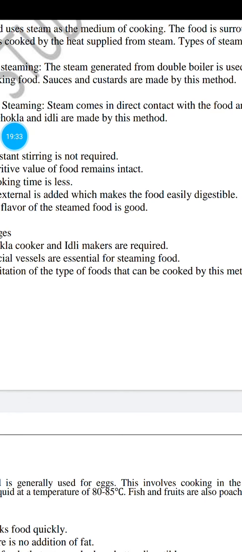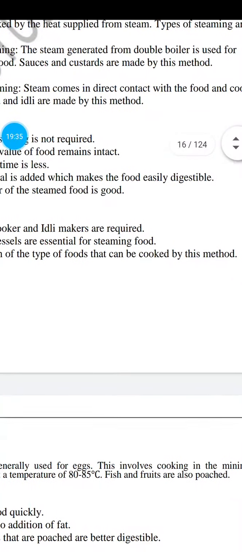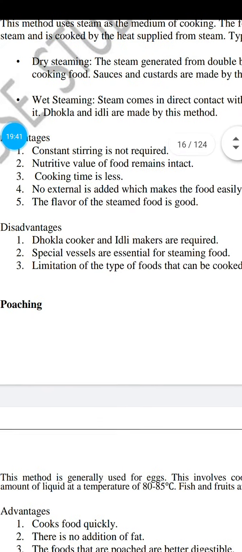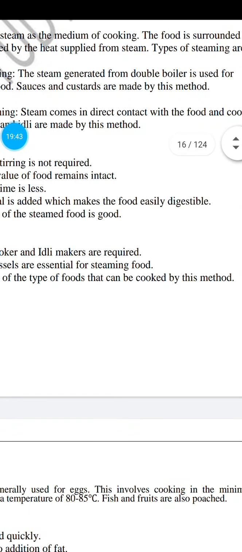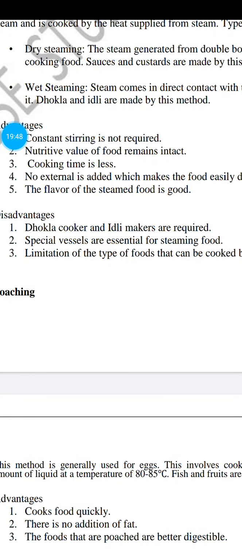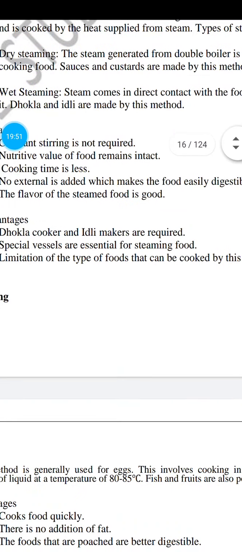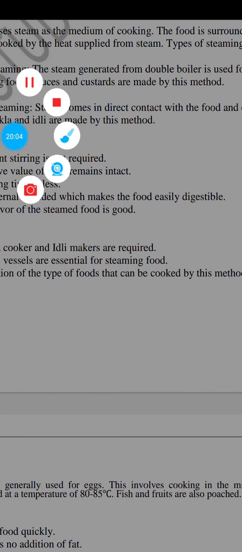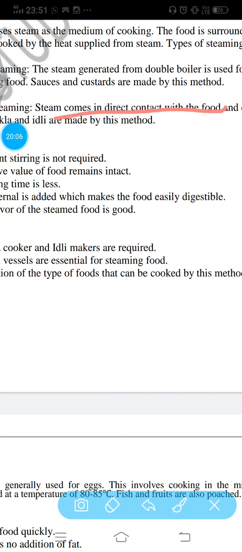So here in this case, two broilers are used, while in wet steaming, steam comes in direct contact with the food. Like here, to the true broiler, steam is just let to go to the food, whatsoever is just cooked through this method, then food is going to just get cooked. But in wet steaming, food is kept over the surface of liquid, over any instrument which can allow the mixing of steam with that of the food. So in this, the food is in direct contact with the moisture or the water in the form of steam.